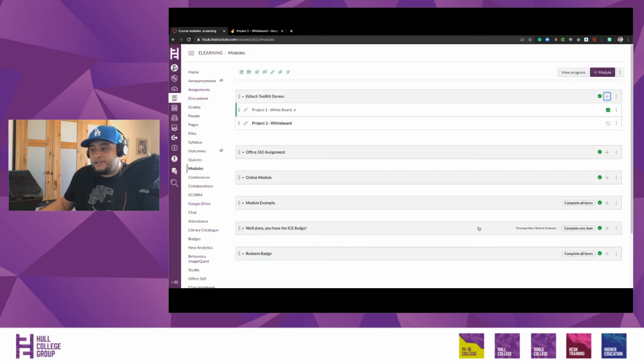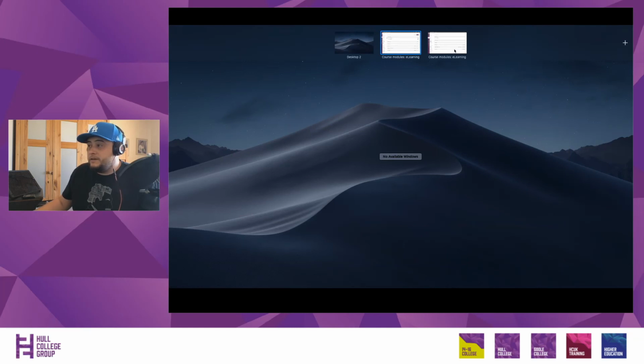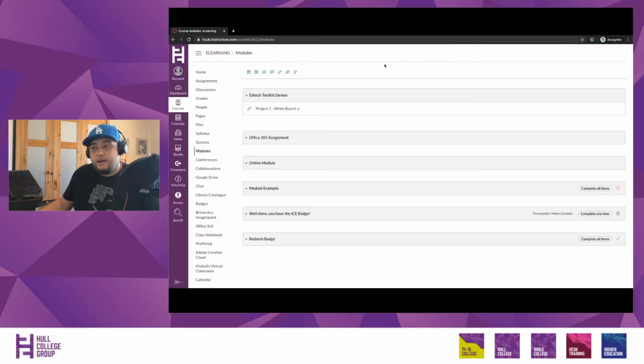So I'll click add the item, and then with anything in Canvas you need to make sure it's published, and then you're pretty much set up and good to go. So what I'm going to do next, I'm going to jump over as a test student and see what they can see, and show you guys as well. So if I just use the toggle switch over to the learning course, right now the student sees nothing, but if they refresh,